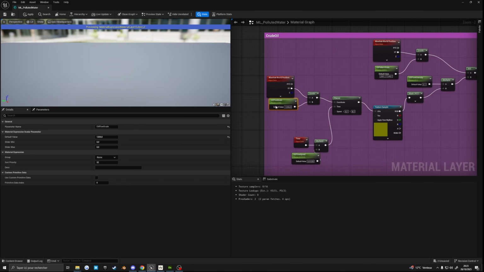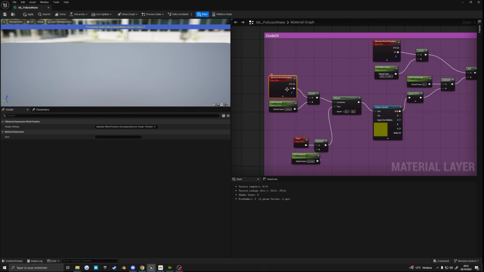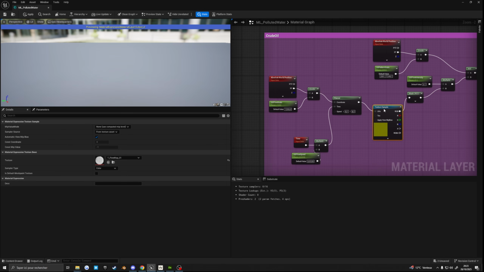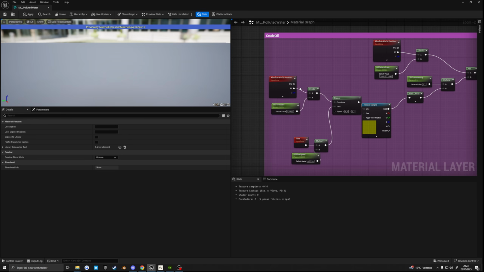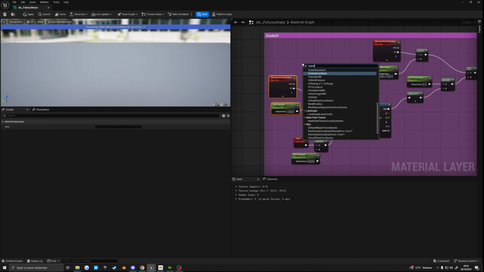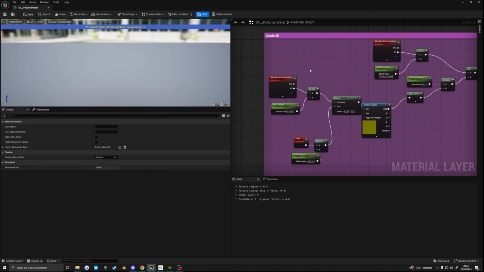So the first thing that we do is that I'm using world position and using the X and Y value. This is going to go in the UV of the flow map. And so I'm dividing this by the scale. The reason for that is that I'd rather use this than using the coordinates with the multiply, because in this